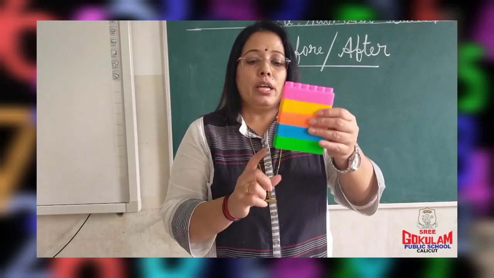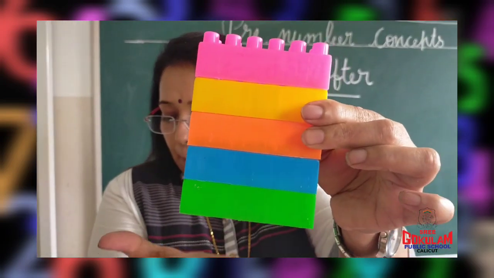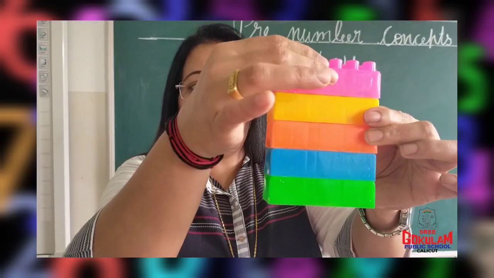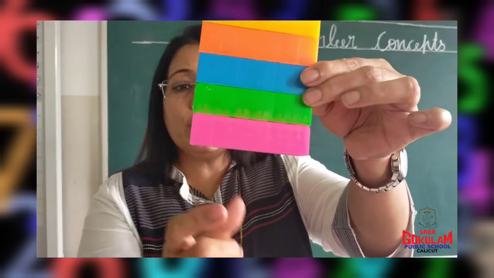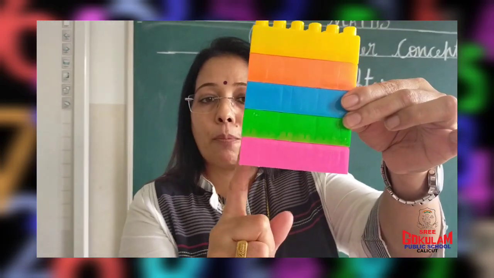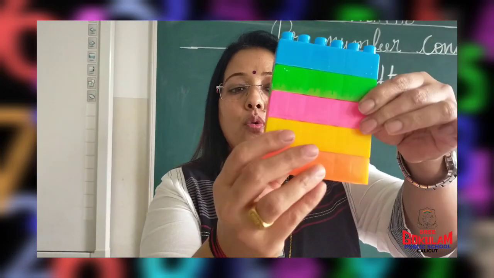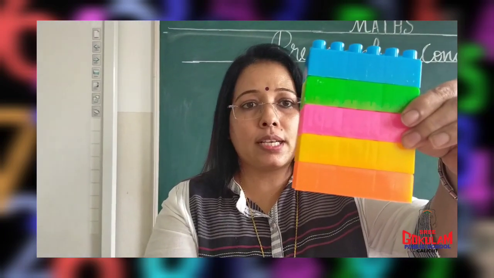I'll show you. Now, can you see these building blocks? Now, lowest part of the object. So, which one is the lowest part? This green. Now, you see, I fixed this building block here. Now, which one is the lowest one? Which is the bottom? Yes, this pink color is at the bottom. Now one more. See. Now which color is at the bottom? Orange color is at the bottom. Okay. Are you clear with this concept?